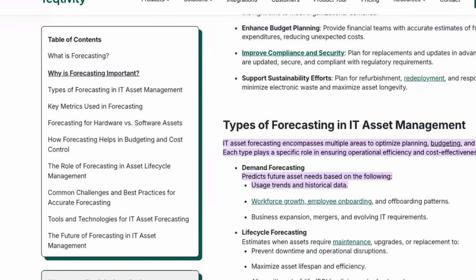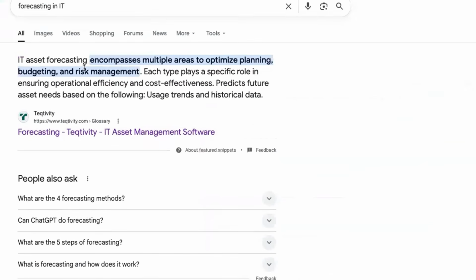So when it comes to forecasting, it comes to risk management.